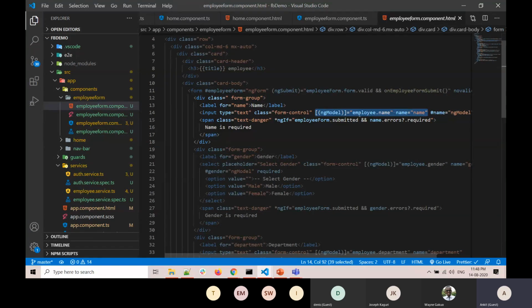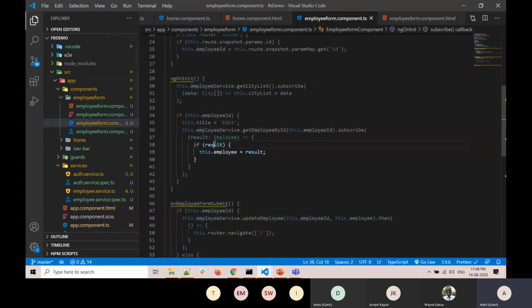So this is the particular employee object we are using to bind the data to the form. Therefore, if the employee ID is set, we'll set the title to edit, fetch the employee data for that particular ID, and bind our object to that data. That is how our form will contain the pre-populated data of our employee.